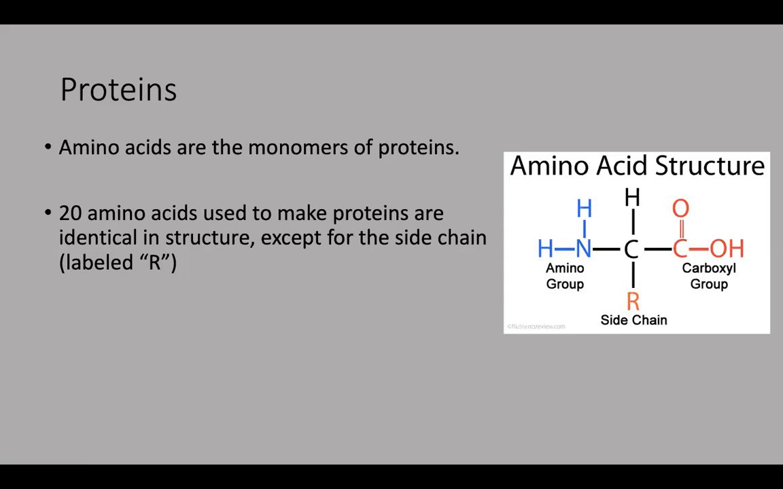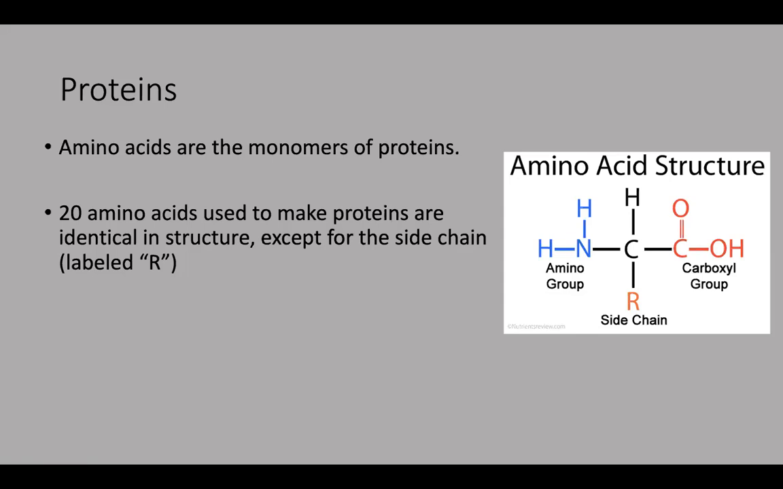So the carboxyl we already talked about, that's a C double bond O with an OH. Those were also seen in the fatty acids, right? So that was on one end of the fatty acid. You have an H off of one side of the carbon. And then there's this R side chain, which is a combination of a bunch of different atoms depending on the